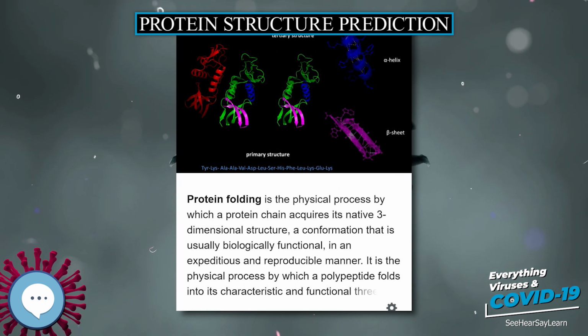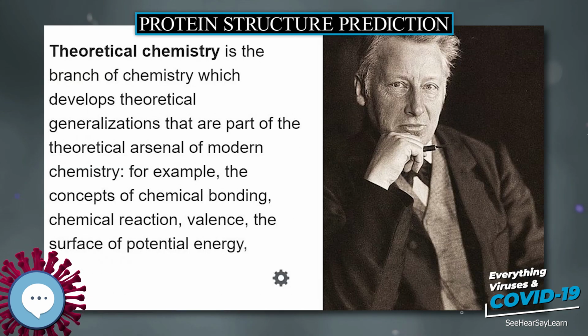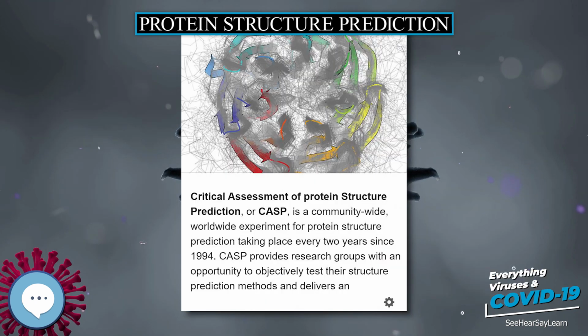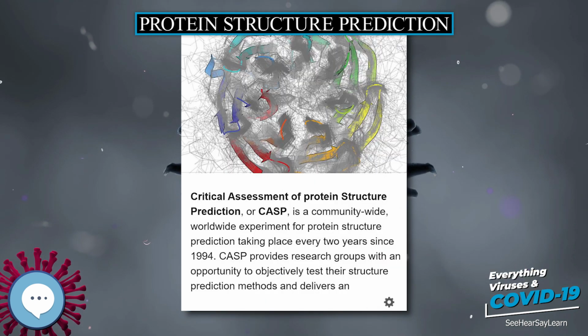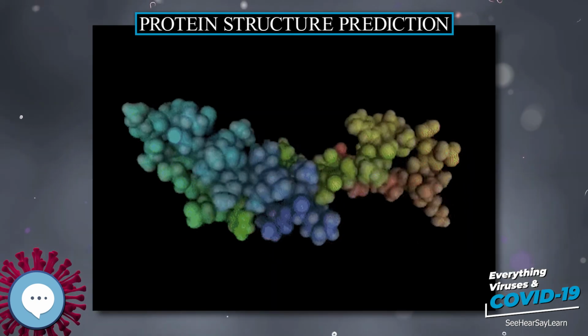Evaluation of automatic structure prediction servers. CASP, which stands for Critical Assessment of Techniques for Protein Structure Prediction, is a community-wide experiment for protein structure prediction taking place every 2 years since 1994. CASP provides an opportunity to assess the quality of available human, non-automated methodology, human category, and automatic servers for protein structure prediction, server category, introduced in CASP7.